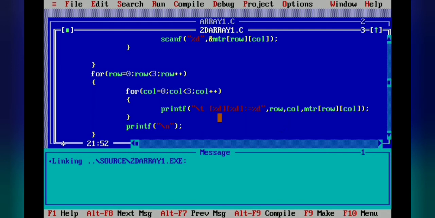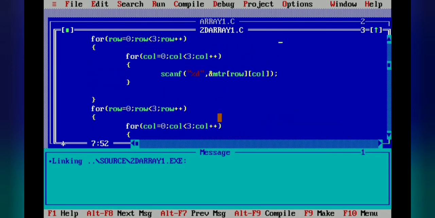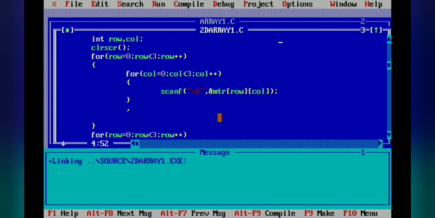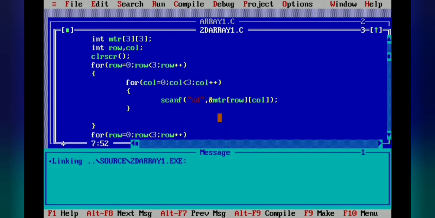Now, if you want to print a message for the user before that, to enter the values for a 3 by 3 matrix, you can also give that.